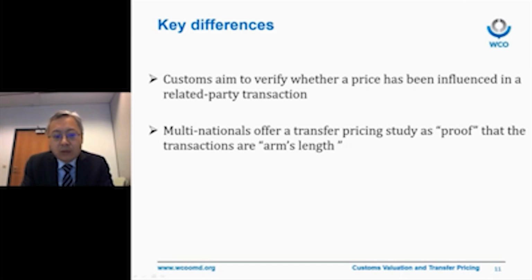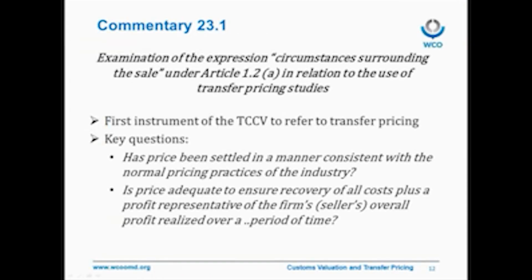So the question is, is there any possibility? We found there is a gap between these two sets of rules. So is there any possibility to fill the gap in order to provide more certainty and transparency to the trader? Actually, yes. Commentary 23.1. Examination of the expression circumstances surrounding the sale under Article 1.2(a) in relation to the use